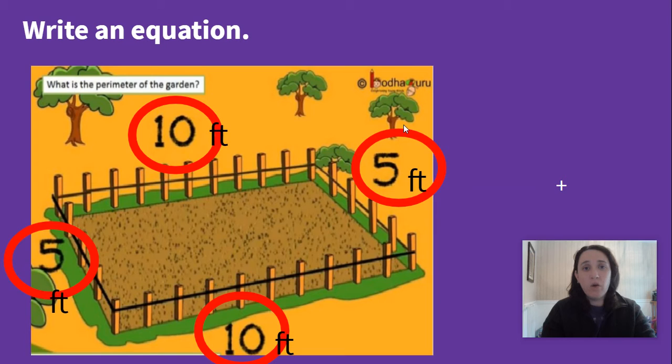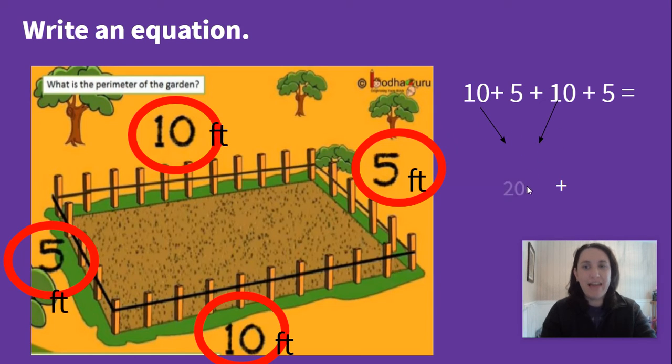I can make an equation with these numbers to find the perimeter. So here I go. 10 plus 5, that's 15, plus 10 plus 5. If I add these numbers together, I can find the perimeter. I could add 10 plus 5 is 15, plus 10 plus 5, that's 15, which means 15 plus 15 is 30. But if that's tough to do in your head, you can add numbers that you already feel comfortable adding,